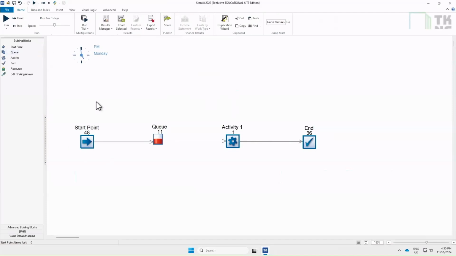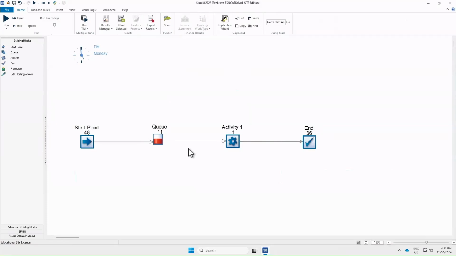So we can see in 1 day's time, the whole system can process around 36 work items for 1 day when the changeover is in place. Now let's consider what happens